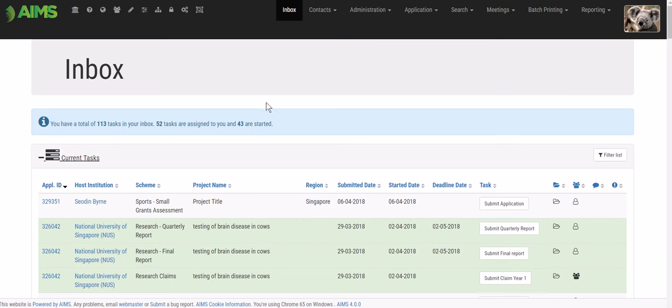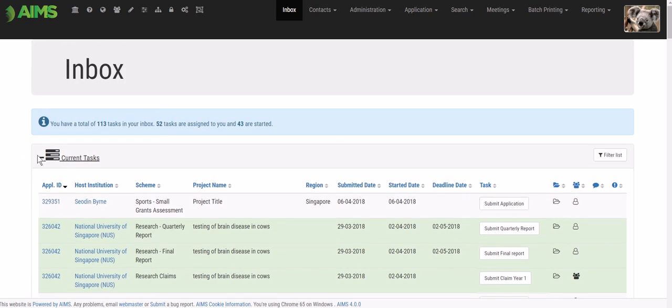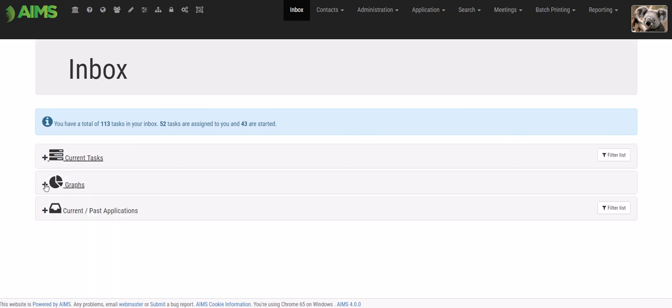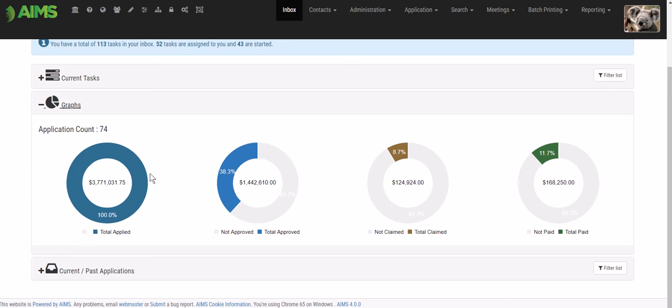On logging into AIMS, the first screen I'm presented with is my inbox, and that is split now into three sections. We have my current tasks, which in this case include some application forms, some other monitoring reports, some payment claims that I may be working on. It's also possible to look at graphs. These can be configured per role, per client,